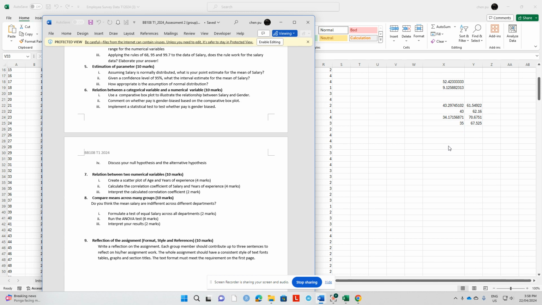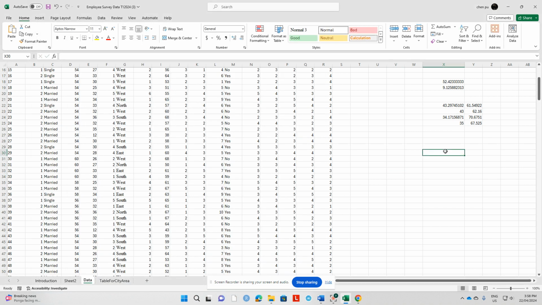So, for the sample average of salary, we have calculated, which is here, 52.42. So, our estimate of mean salary